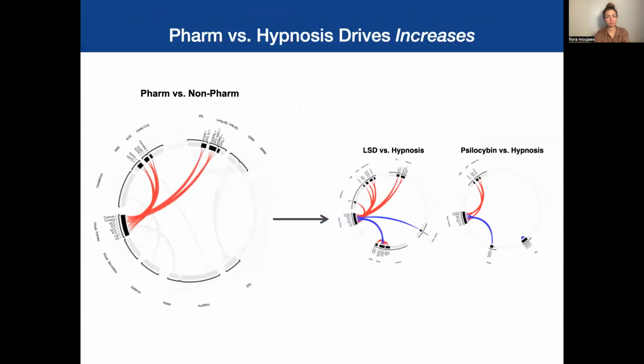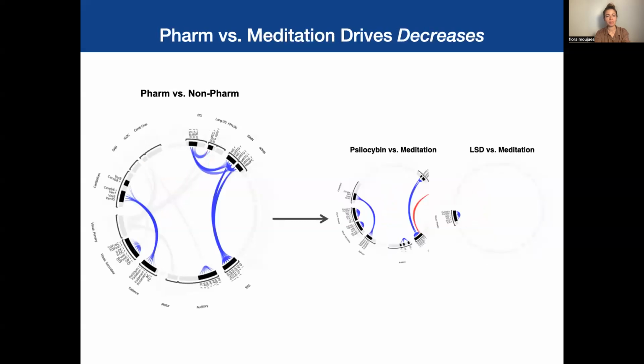So for example, if you look at the increased connectivity you see when you compare pharmacological to non-pharmacological conditions, this is really driven by differences between the pharmacological conditions and hypnosis. So on the right, you can see LSD versus hypnosis and psilocybin versus hypnosis. And you can see there's the similar patterns of increased connectivity when you compare them. In contrast,